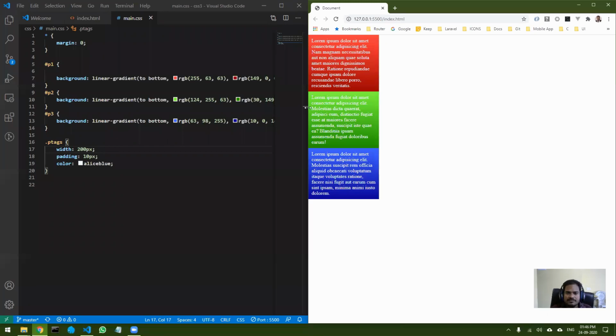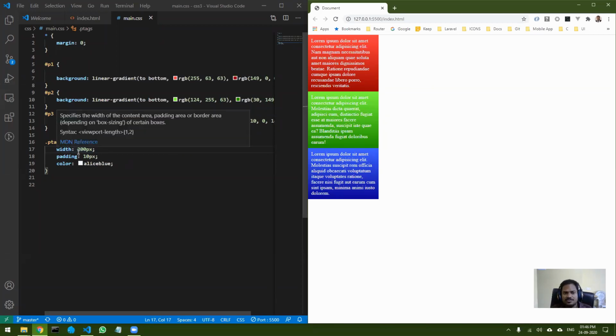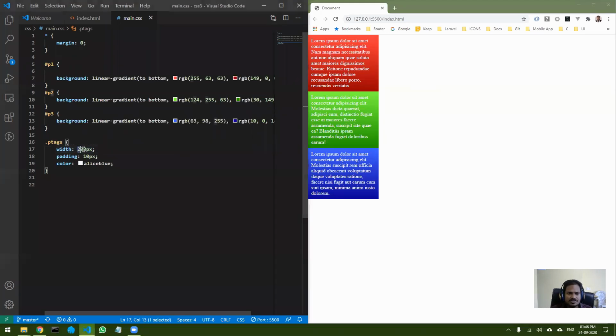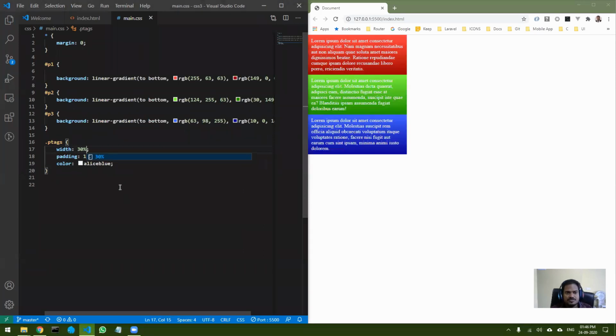Right now these are all 100% width. But if I try to change the browser size, the width does not change. That is because I have used fixed widths. Okay, 200 pixels means fixed width, right? But let's suppose I don't want that. I want the size of my div to change based on the size of the window. So for that you have two options. The first one I will show you is, let's say, 30%. So I can use percentages.